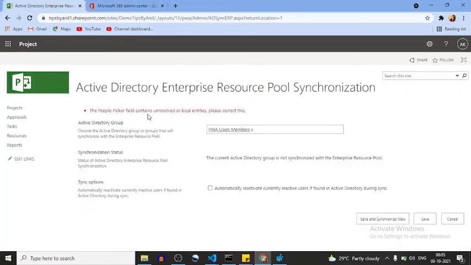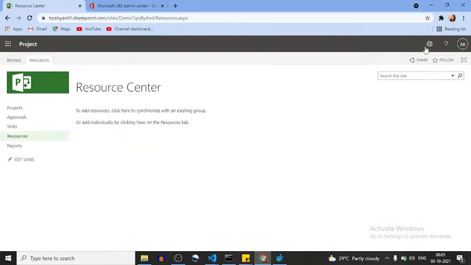The people picker field cannot resolve your local entries. Please correct this. I think that resource should be available here now.